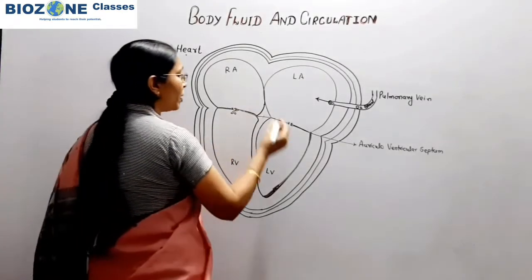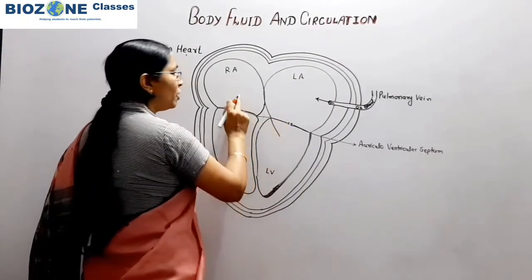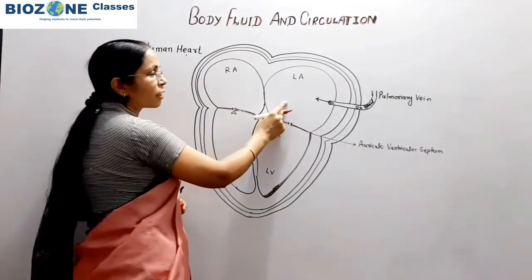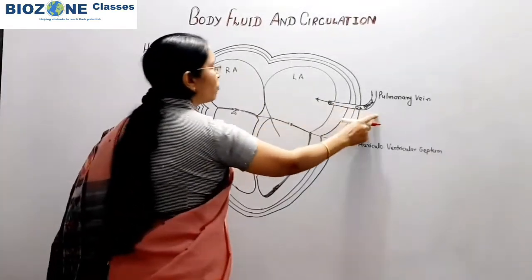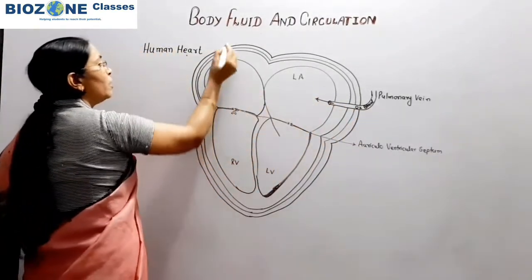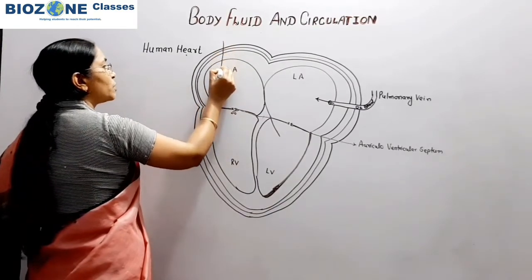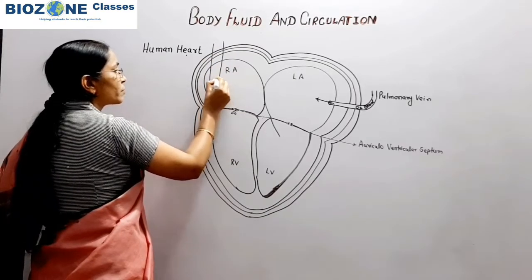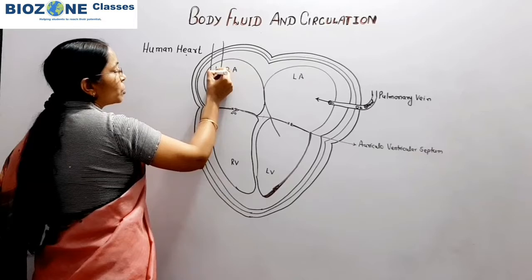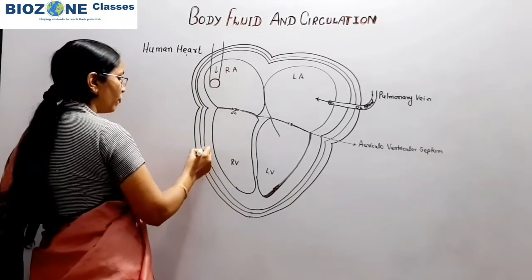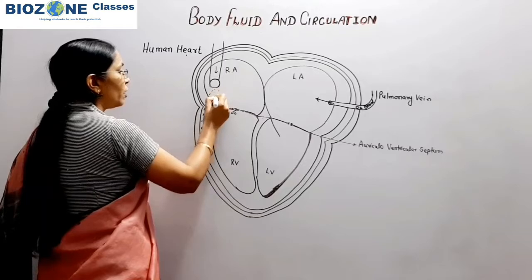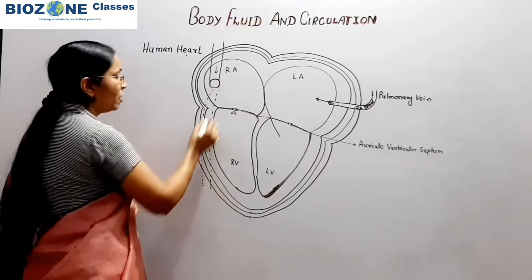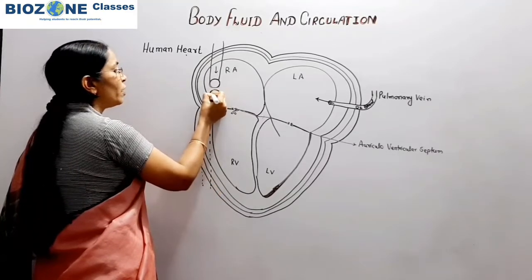Now here, from left ventricle, when we study, you remember these four chambers. Left auricle receives oxygenated blood from pulmonary vein. The right auricle receives the deoxygenated blood from vena cava. So this is the superior vena cava, and from here the inferior vena cava. Actually it comes from this side, but I am drawing it from this side. Clear? And this is the inferior vena cava.